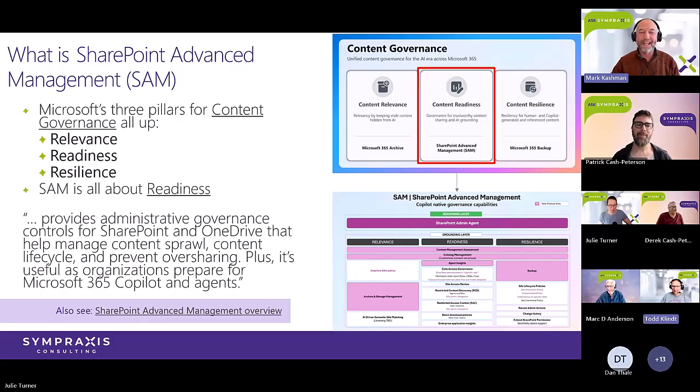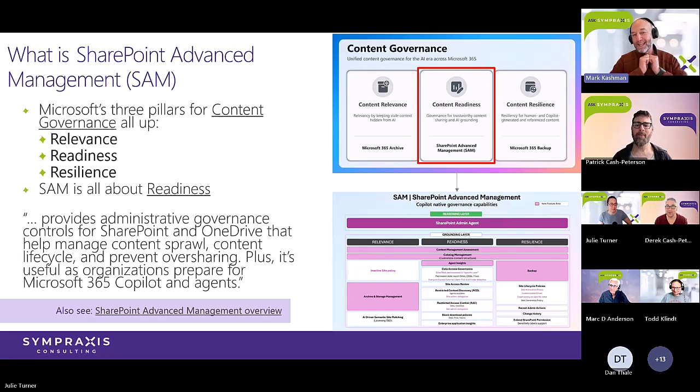But when you package it all together, it's obviously a lot. When you go from that first slide in the top right down to the bottom right, it breaks it out into just a bunch of capabilities, some of which we're going to cover today, some of which don't technically fall within what you get with SAM. And you'll hear from the team the clarity of what you get with SAM when you get Copilot. There's a lot of varieties, and there's licensing, and there's a whole lot of things we're going to get into.